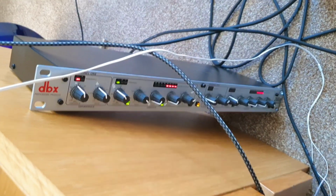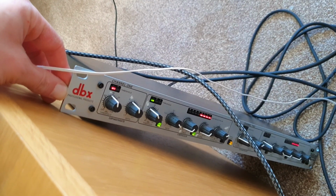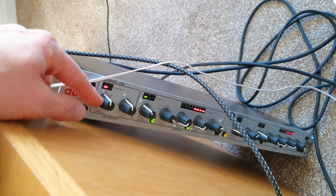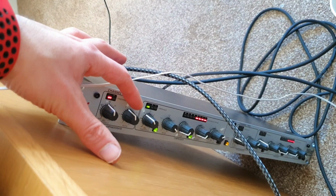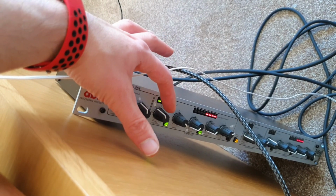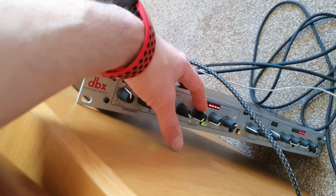my vocal compressor. So this is a DBX 266XS, and what it does is it has a threshold here which filters out any of the background noise, which is good for when you've got road traffic like I do just now. Then it has a ratio, which is like an expander, and then it has another threshold for when you start compressing, and then the ratio of compression, and then I have it set to dynamic for these two